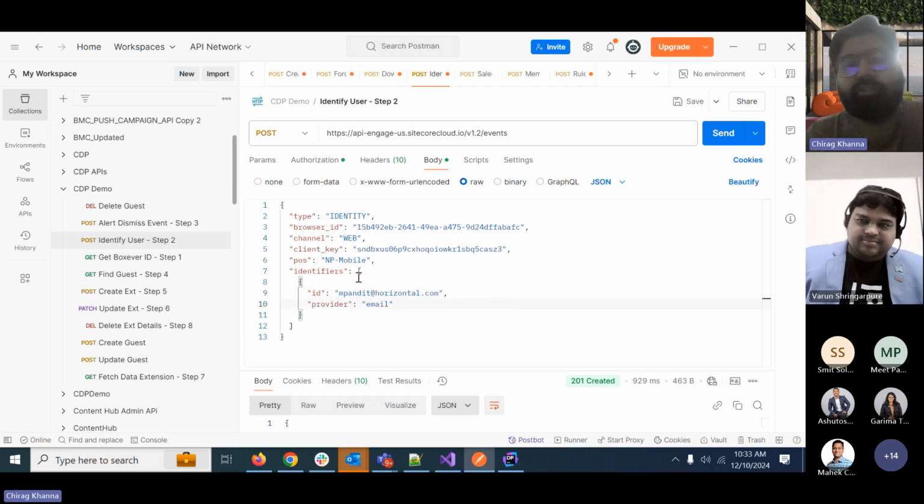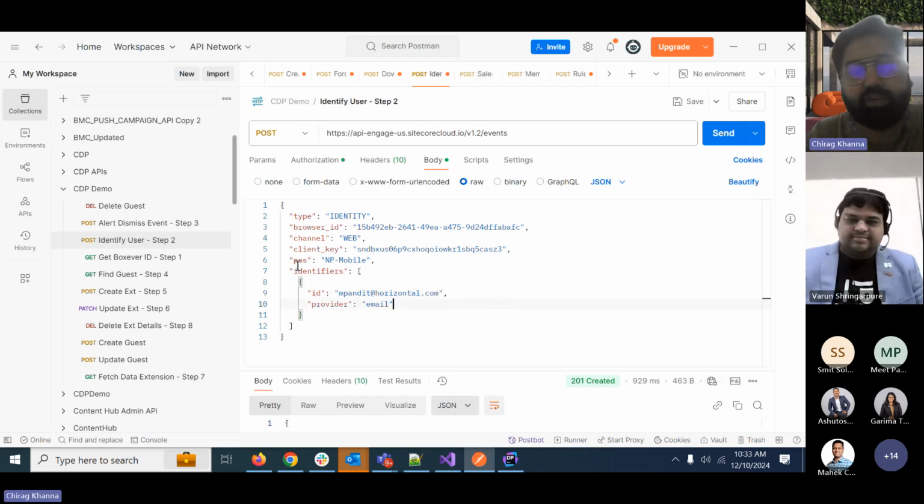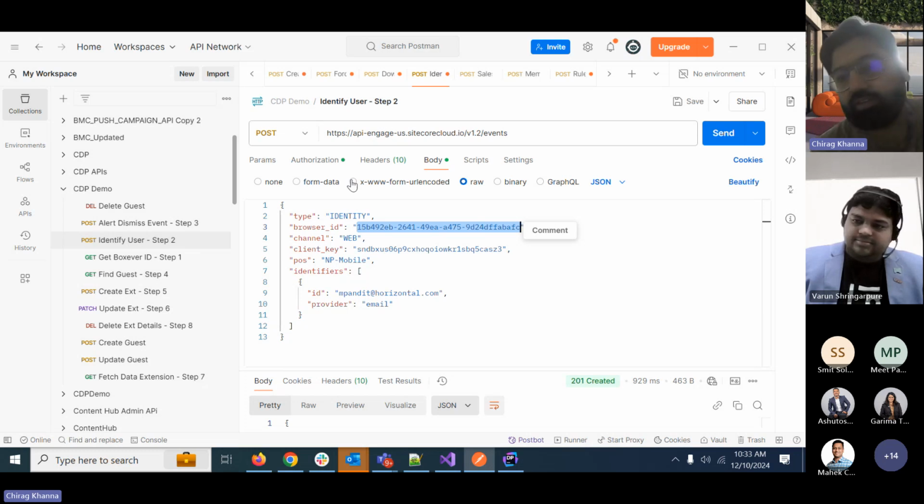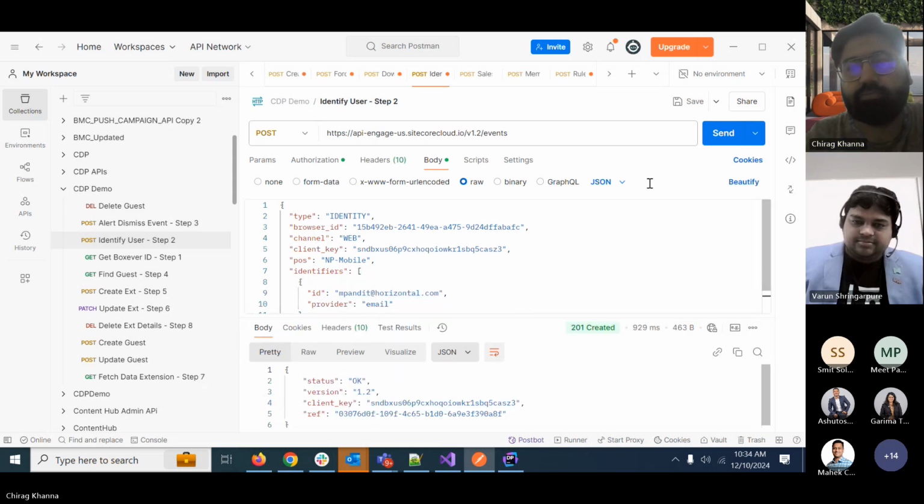Yeah. So in this way, we are telling that this browser ID is tied to this particular user, which is mpandit@horizontal.com. Initially, whenever we created the browser ID, we were just a visitor. But now we are telling, using this particular event, that this browser ID is tied to this particular user, which is identified with mpandit@horizontal.com. So when I just fire this event,